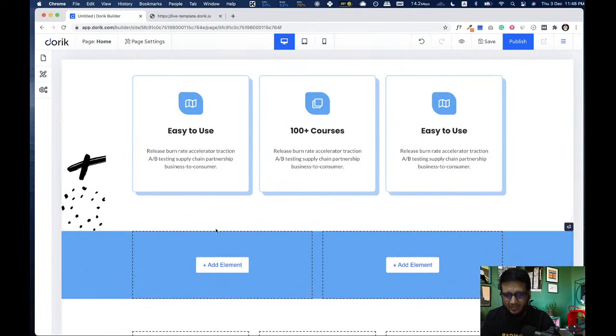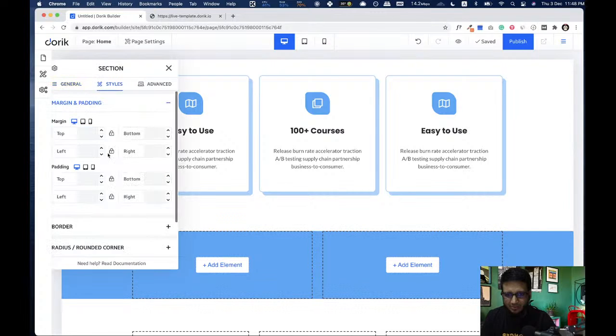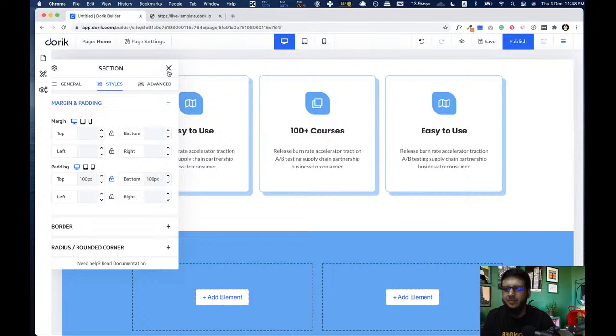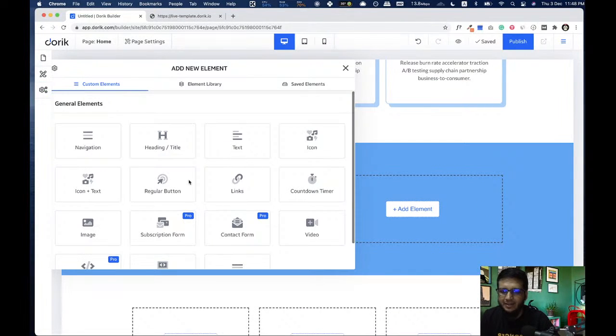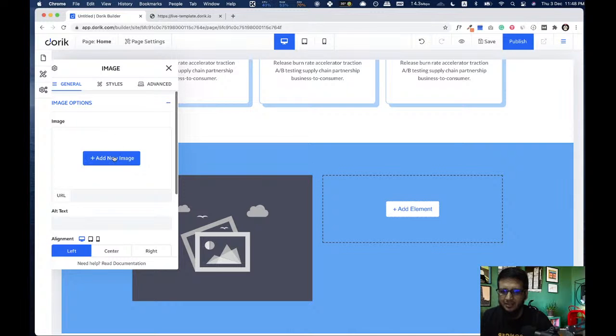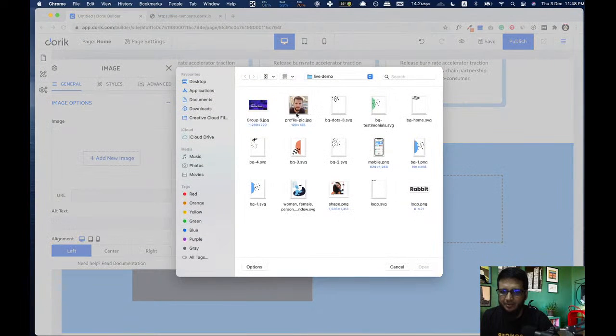Now we can see there is a gap between this section and this section, and now we are going to create a similar gap at the top of this section and the bottom of this section. And we are going to add a new element, an image, and I'm gonna upload our mobile image.